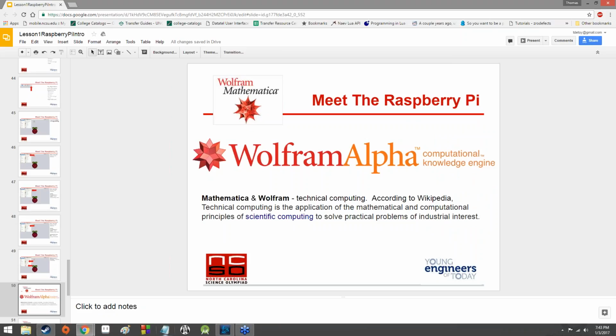Okay, yeah. Wolfram Alpha, computational knowledge engine. So Mathematica and Wolfram are technical computing. Here's the Wikipedia definition: technical computing is the application of the mathematical and computational principles of scientific computing to solve practical problems of industrial interest. So basically what that means is,